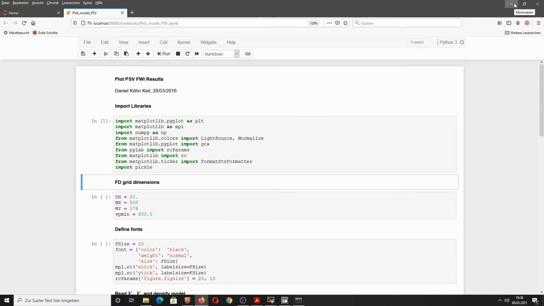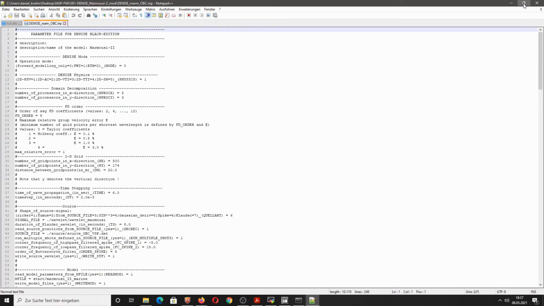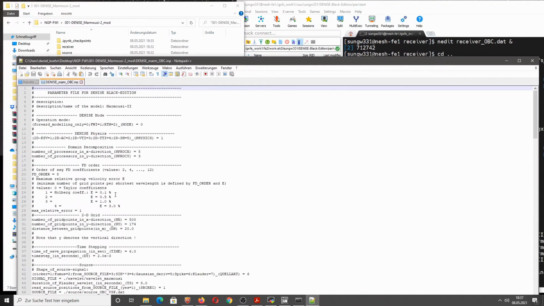As I said before, we are solving the elastic equations of motions using finite difference approach on a Cartesian mesh. And so we need these modeling parameters, and of course they are defined in the parameter file. So if we open the parameter input file for Denise, you see the spatial discretization is actually defined here.